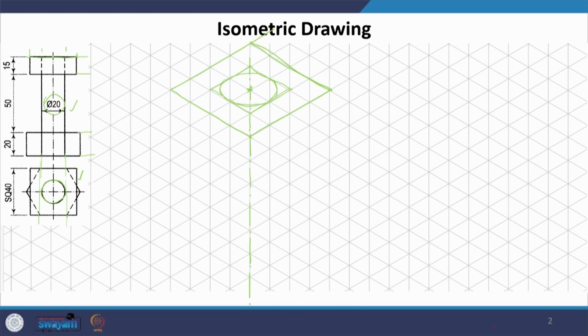So, now what have we drawn? We have drawn this square, we have drawn this circle, that is in the plan, and in the top one we have drawn the circle and the square only on this reference plane. Now, we have another reference plane. Suppose I assume this to be 10. So, I will make another one here,